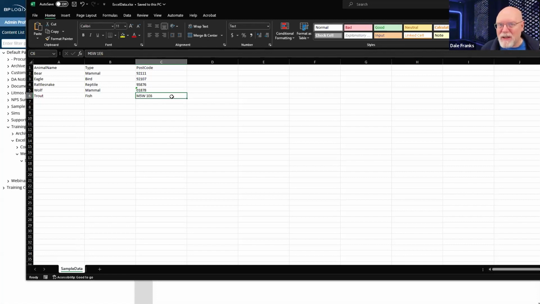But my fix is also going to affect how the import works and how I have to configure the Excel file. Now, what I can do is specify the data type in my template, which is great.